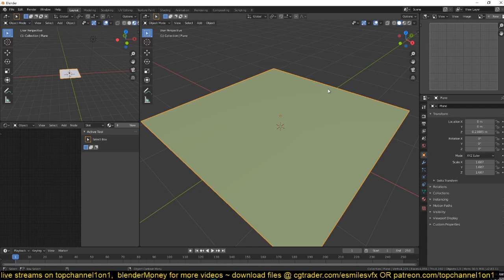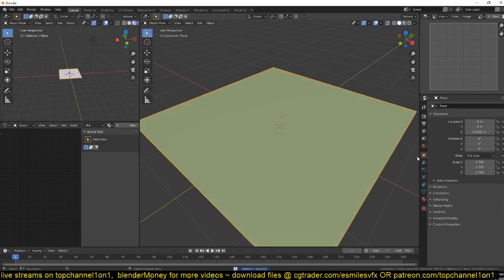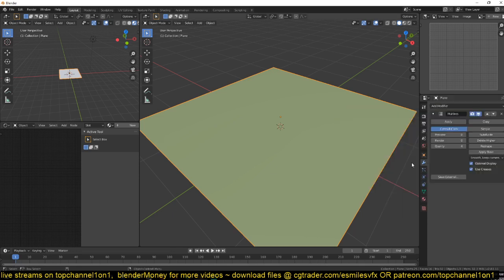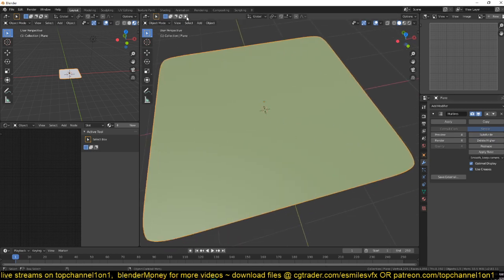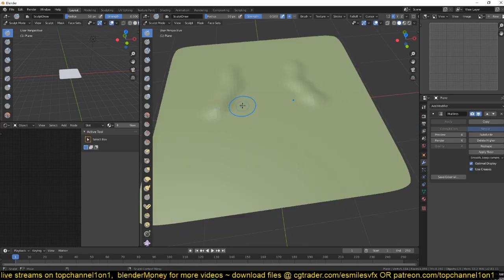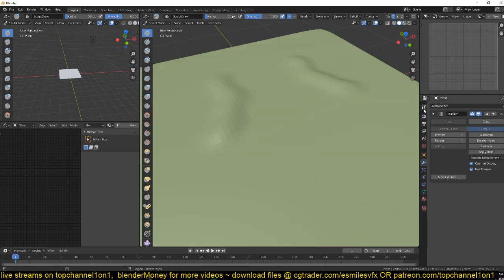sculpt brushes. Okay, I think this is a lot of subdivisions. Just subdivide this a few times and add a multi-resolution surface. I'm just going to show you what we are going to be doing, and then we can go in and start doing it. Subdivide this a few times, and now if we go to the sculpt mode and start sculpting, you can see you can sculpt with these brushes that are there. But what we can also do is